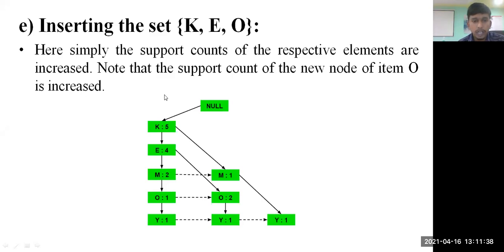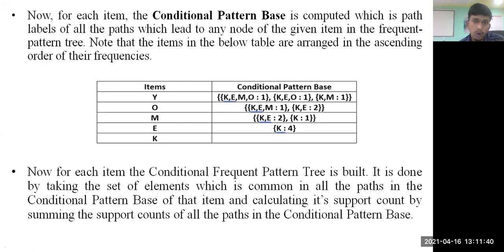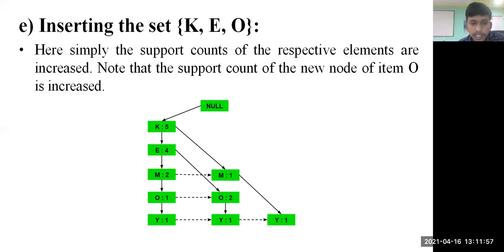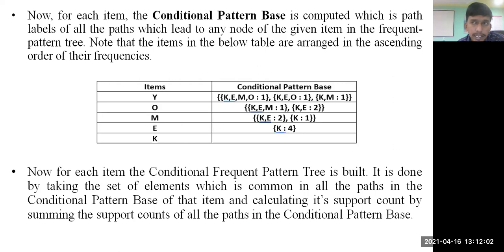So we have covered till FP tree construction, and now let's see how to go with steps 6, 7, and 8 of your FP growth tree. So now we'll be trying to construct step 6 of your FP tree, that is the conditional pattern base. By looking into this tree, we need to construct the next table, that is the conditional pattern base table.